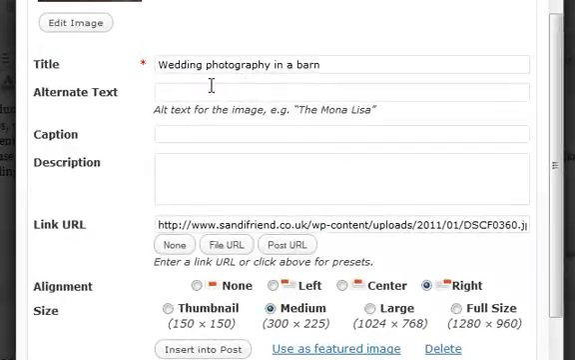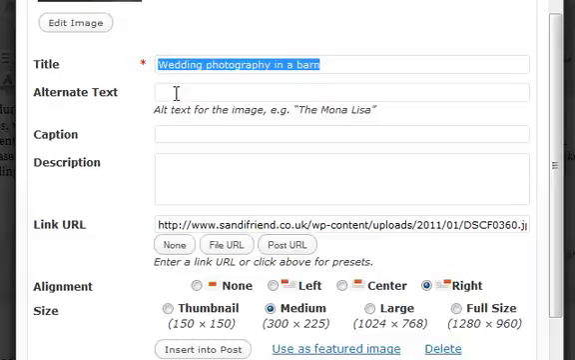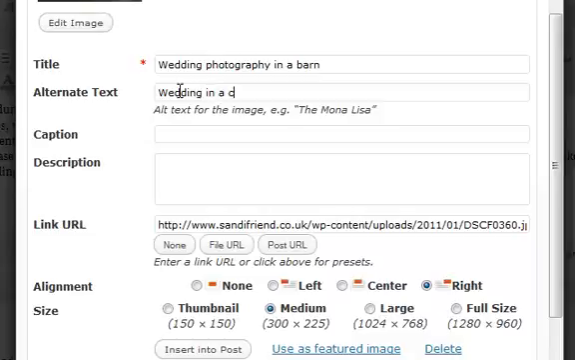Alternate text, and this will be what happens in Firefox if you hover over it. This is what shows in Internet Explorer if you hover over it. They can be the same or different. Put a caption if you want. See the caption in a minute. Description,